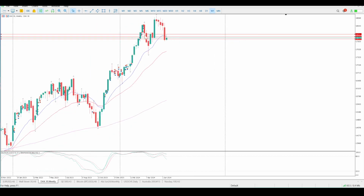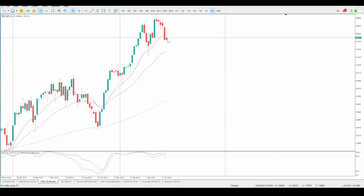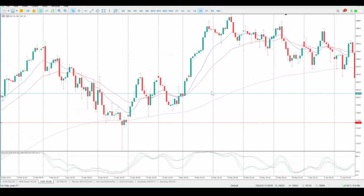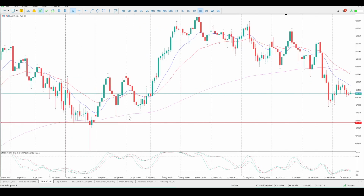You can see, let me just clean this up. So been a bit of a rangy week, but there's sort of an inside bar at the moment. So I'm still of the opinion we're in an uptrend. This is obviously just some political noise chaos, and we do have a fairly big gap to the downside. Let's just get back to the 8 hour. There's our weekly gap, so that is a possibility,